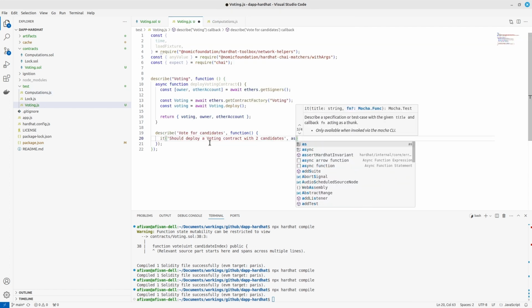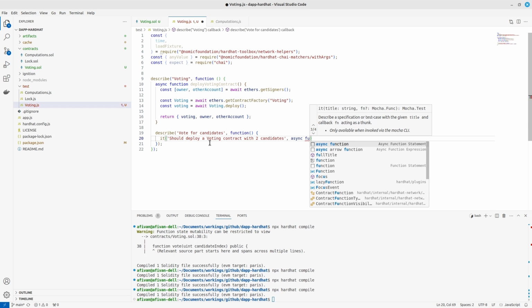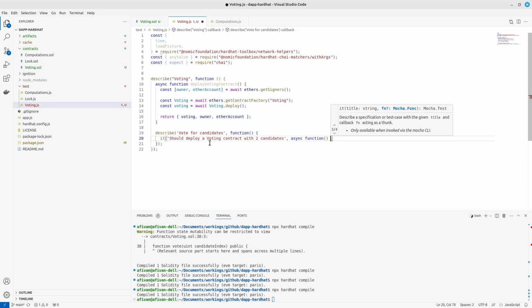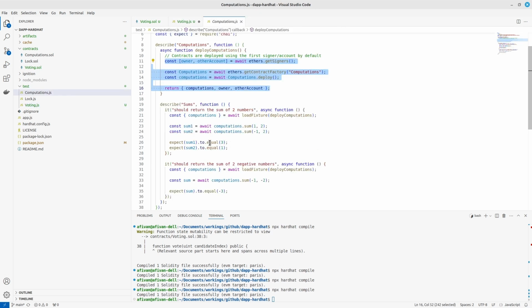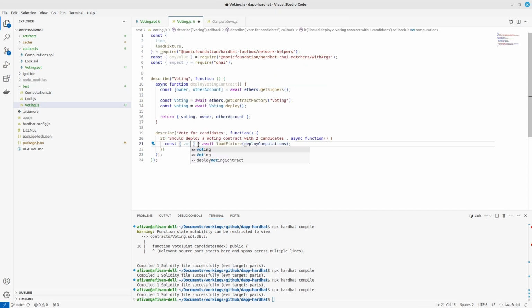We'll have this async function, and we can define the body of the test right here. Okay, first of all, we will use the voting, load fixture, deploy voting contract. Okay, and we will have to add some parameters, right? So first of all, we will need candidate